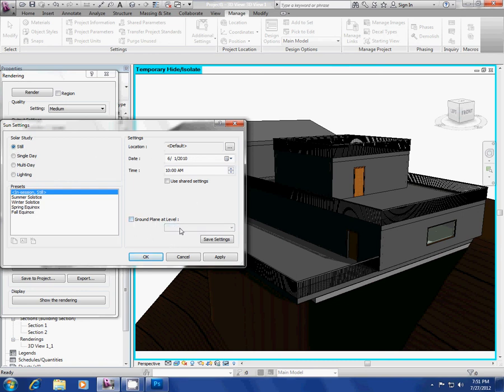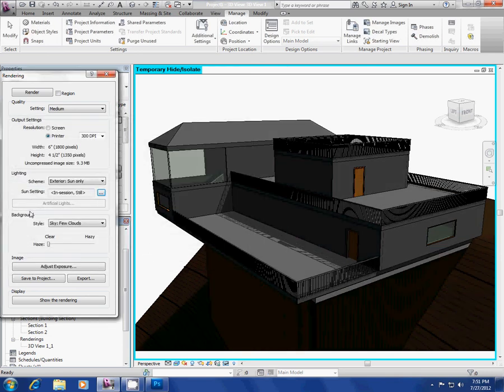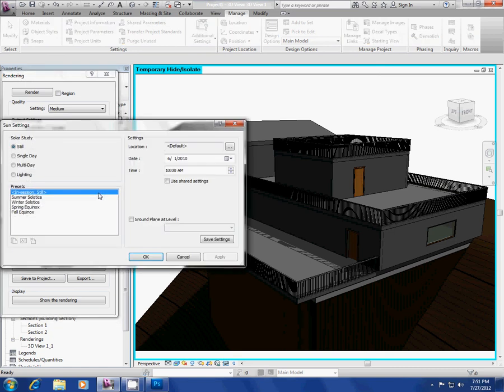Click that. One thing that's interesting too is that if you look at the settings in that dialog box, the sun setting, go back to that day. Yeah. And you look at the settings and you look at location, it's going to give